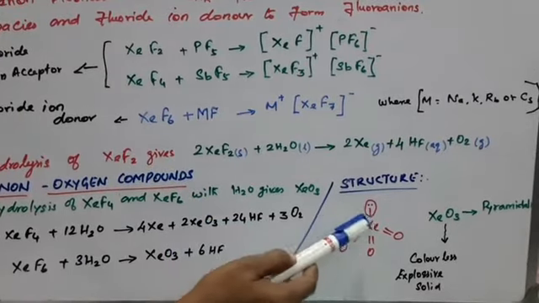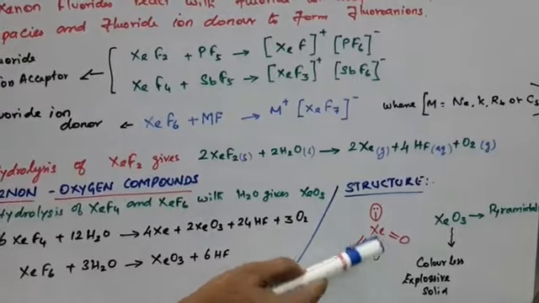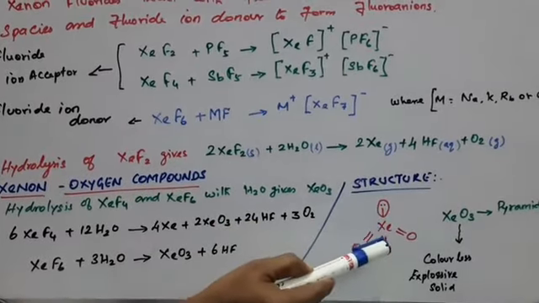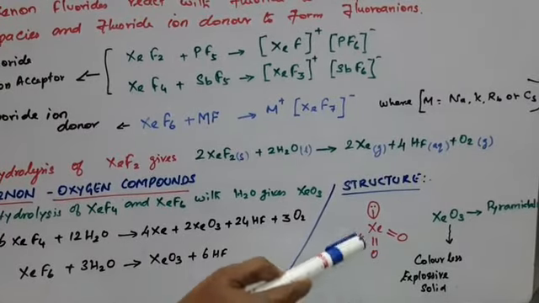Okay, and this structure has 3 bond pairs and 1 lone pair. It is a pyramidal shaped structure, a colorless, solid and highly explosive compound. Okay,